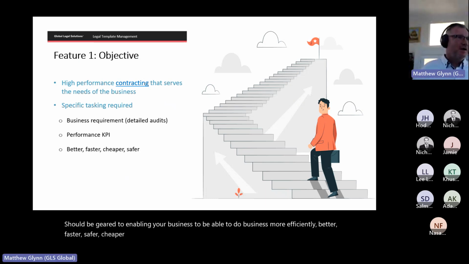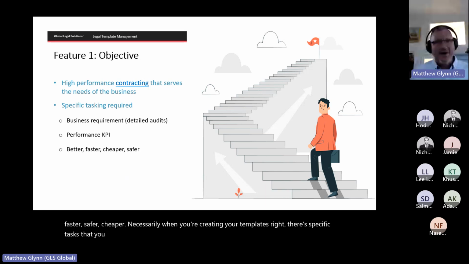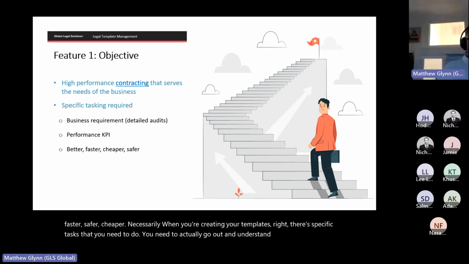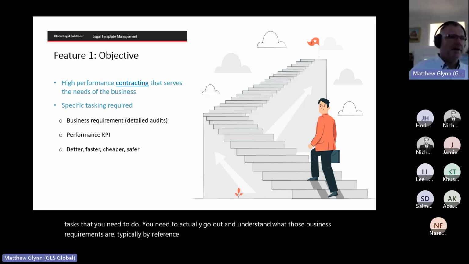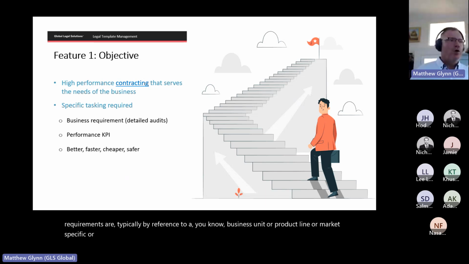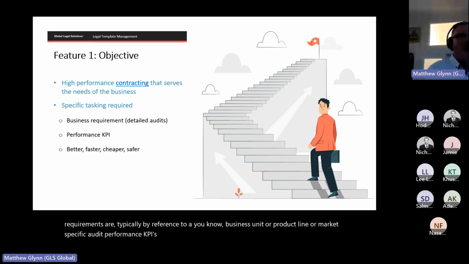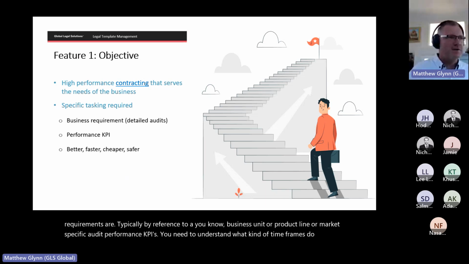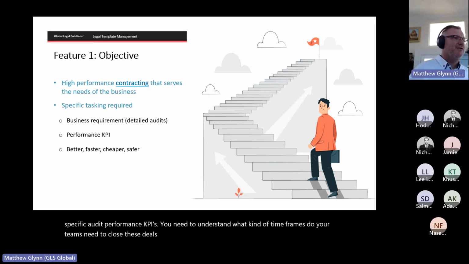Necessarily, when you're creating your templates, right, there's specific tasks that you need to do. You need to actually go out and understand what those business requirements are, typically by reference to a business unit or product line or market specific audit. Performance KPIs, you need to understand what kind of time frames do your teams need to close these deals. You need to adapt templates to be able to achieve that.